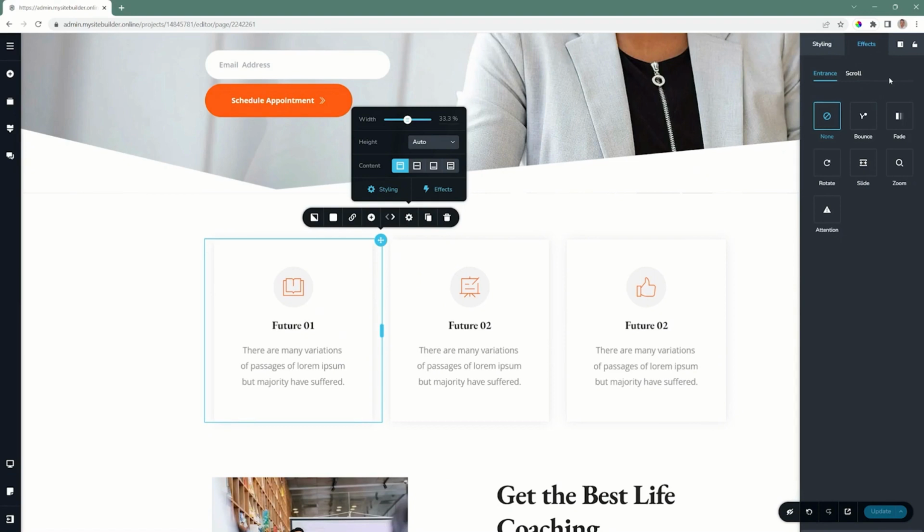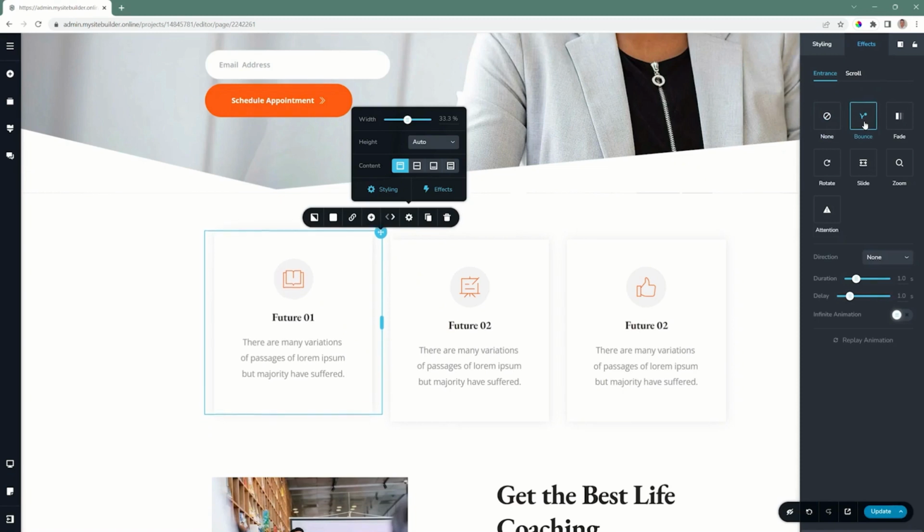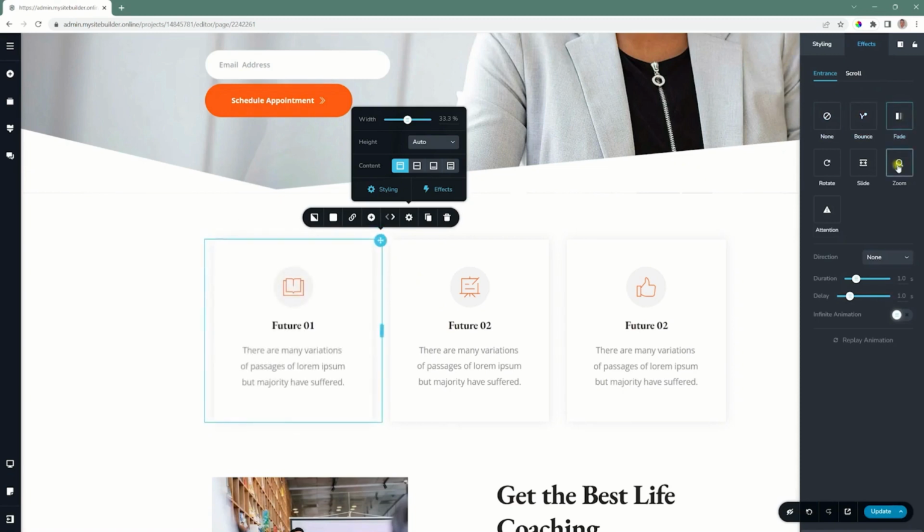Now you have two options here, entrance and scroll. Entrance animation allows the element that you've selected to make an entrance. We have a few here like bounce, fade, or zoom. And once you do that and you've selected one of them, you will notice that we have a